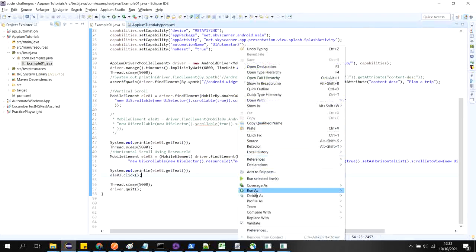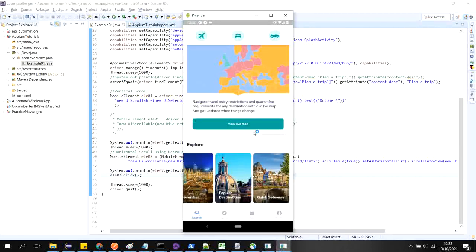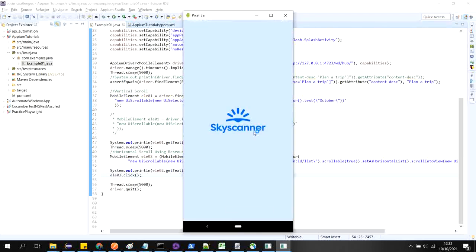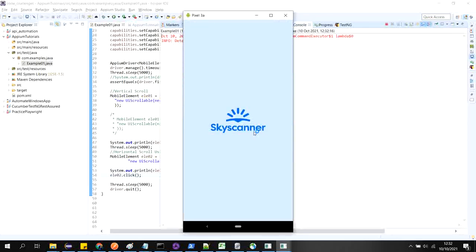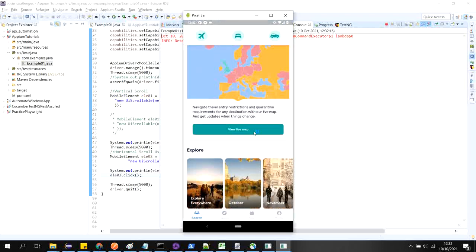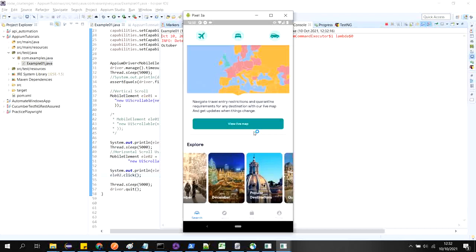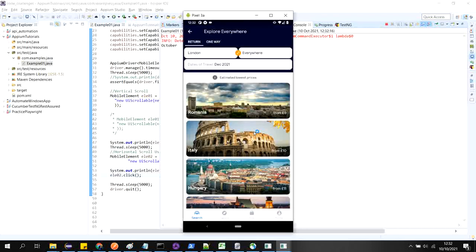Let's run this code. Vertical scroll done. Now it will perform horizontal scroll. After that it clicks on that one.